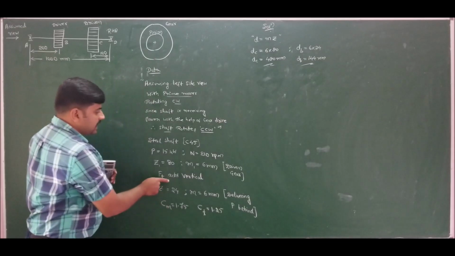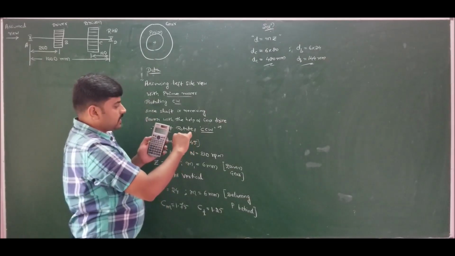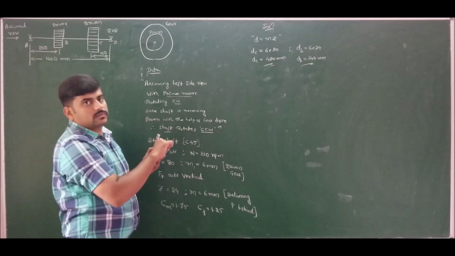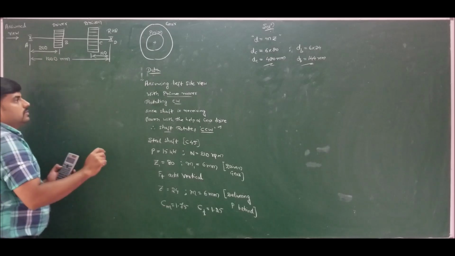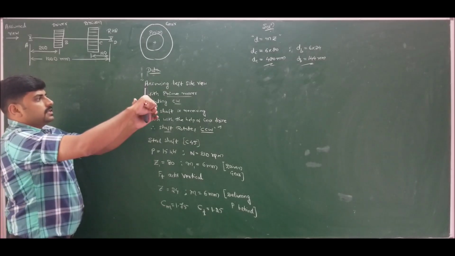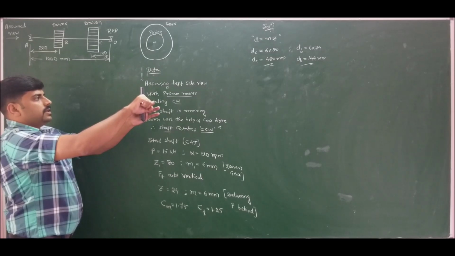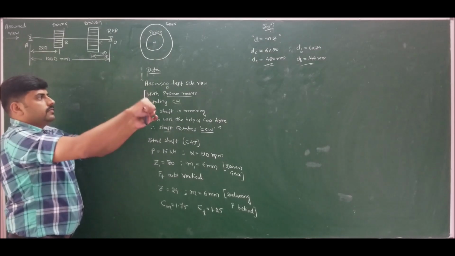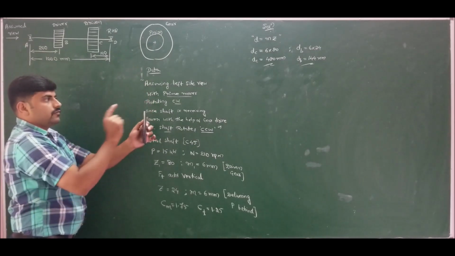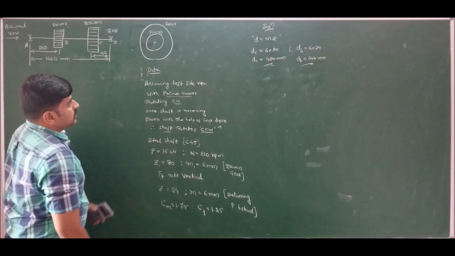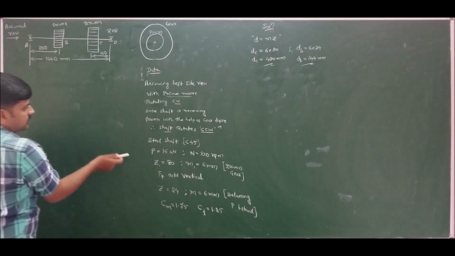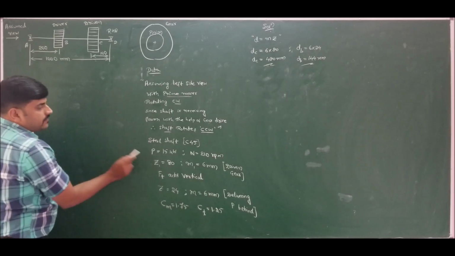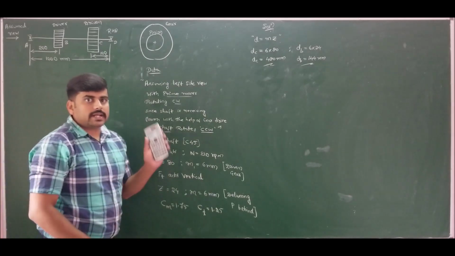But here he is stating that FT acts vertical, so therefore there should be a horizontal contact from a side view. So from the left side, if I view, there should be a horizontal contact. Either this can be gear and this can be pinion, or the other way around. Then only we have the vertical action of FT when I view from the left side. So I should assume this is receiving power from another gear behind it or in front of it. Then only I will get FT acting vertical.